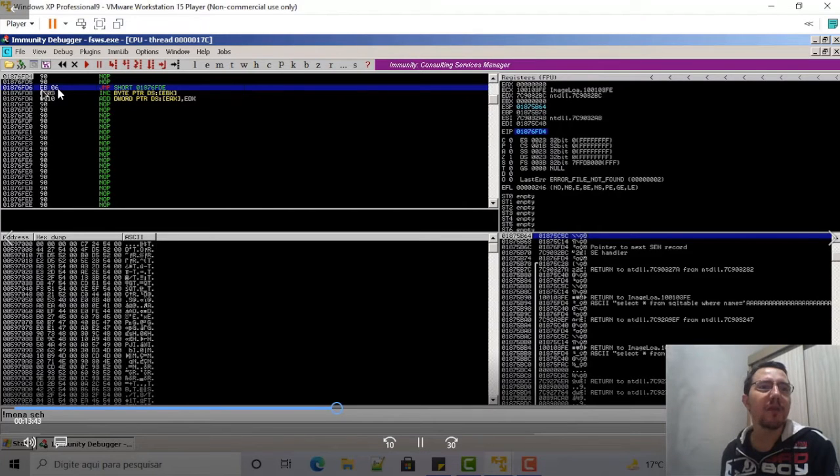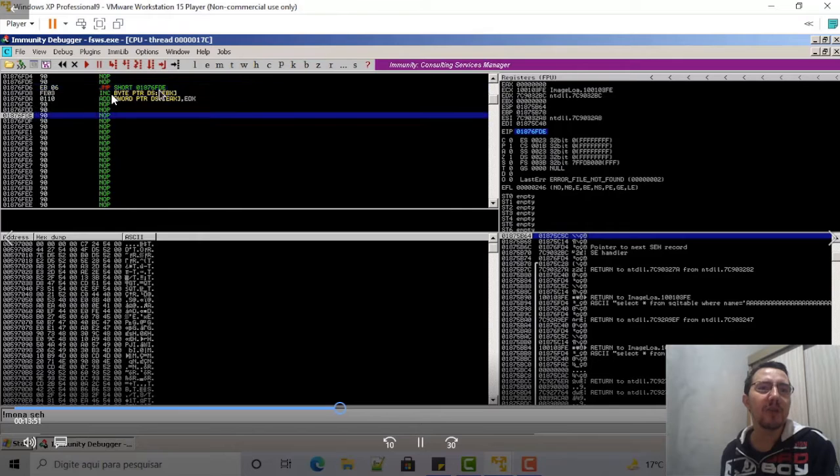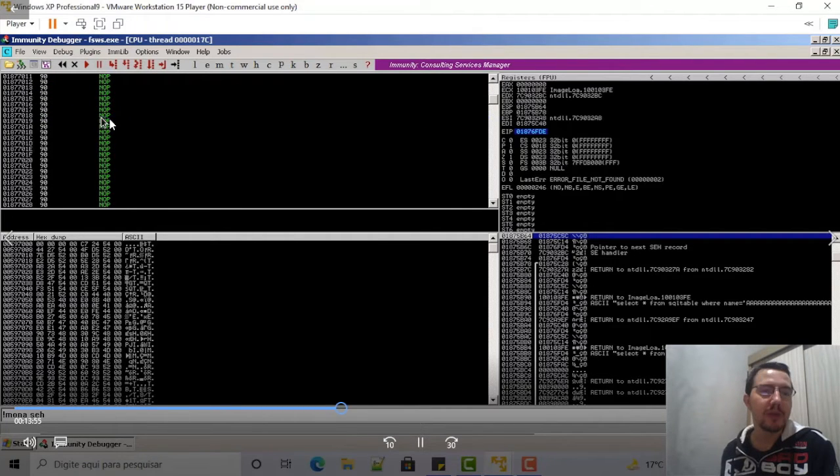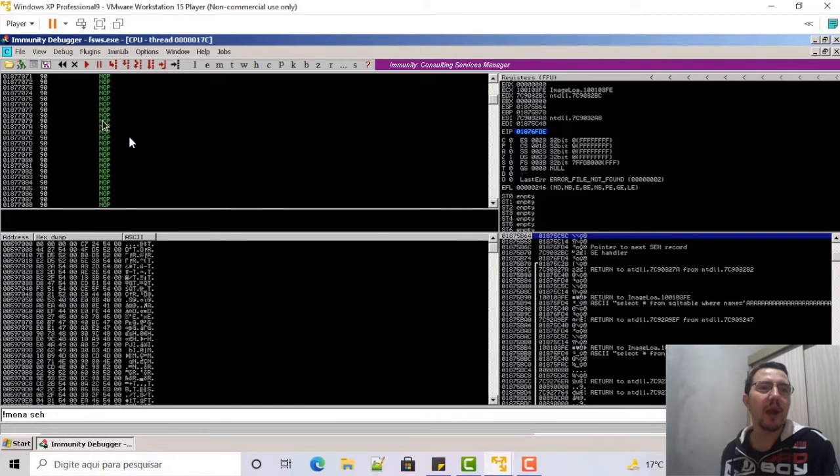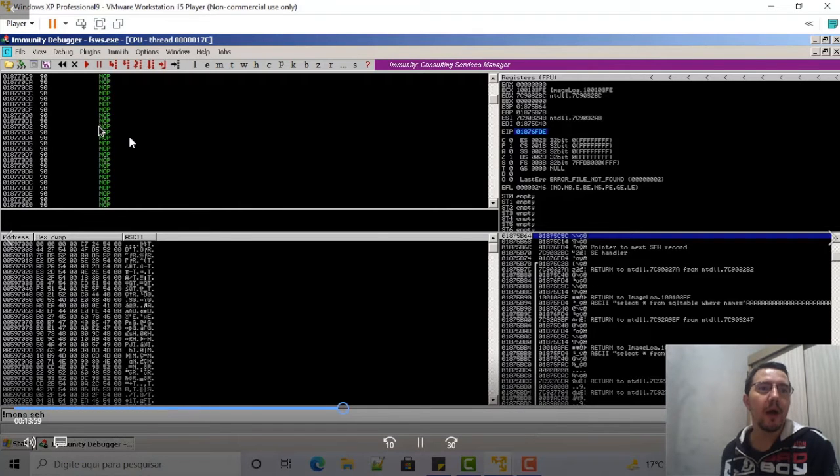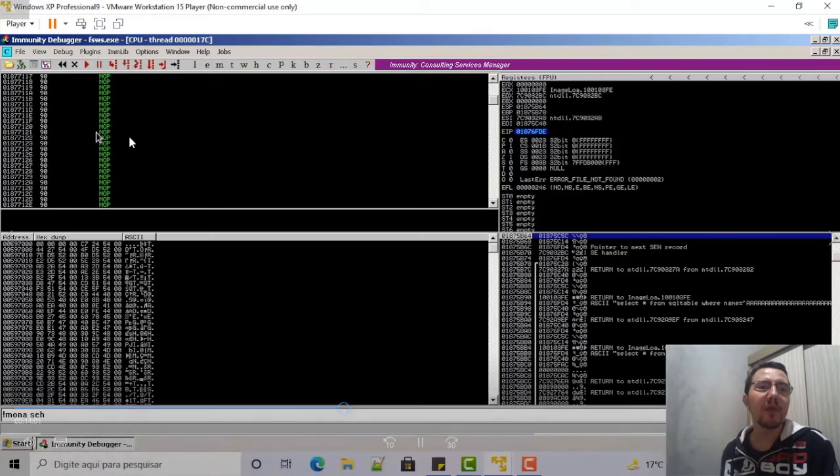As we can see, EB06 means jump short. Let's pass with F7, F7 on the jump short, and we are in the noops. We have a large amount of noops,